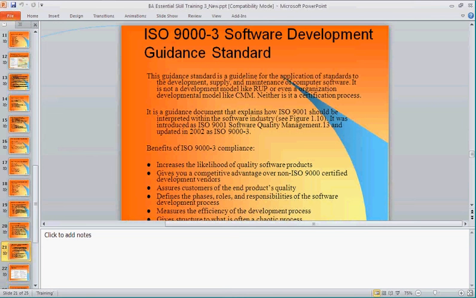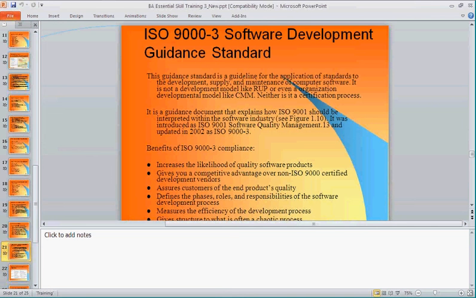But still, they would like to have a minimum quality level. Do you think they'd be able to sell their products, their software, if they did not have a basic minimum quality level? No. So how do we know what is the basic minimum quality level? Well, with that in mind,